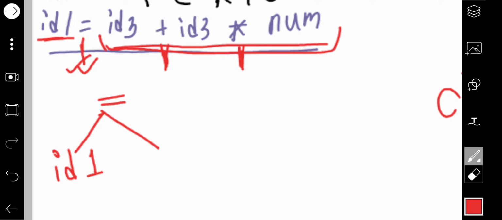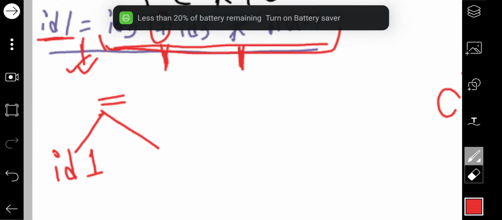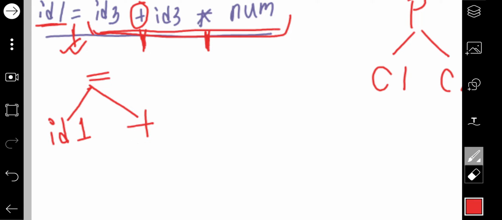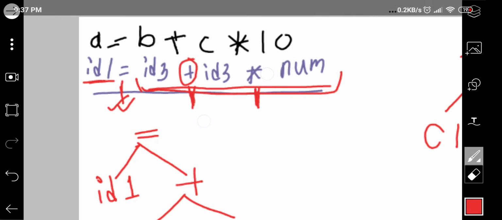The last thing will be the plus operation. So the next child is the plus symbol here. Now the plus symbol will again have 2 children. The plus symbol is between id2 and id3 into number. Now this operation will happen first, then the result.